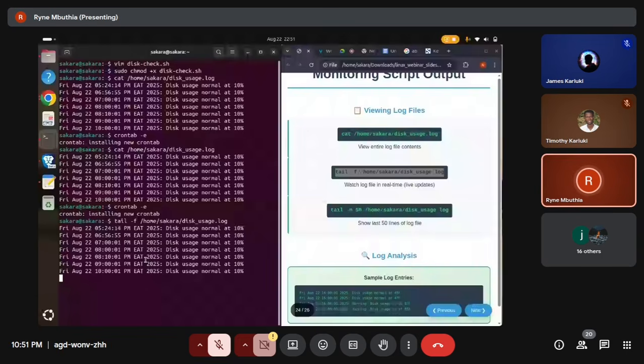So if the script is for deployment, it goes like that. If the script is for disk usage, you just do a cron job. Okay, that's all with cron jobs and the scripts. So if I had created this script earlier,